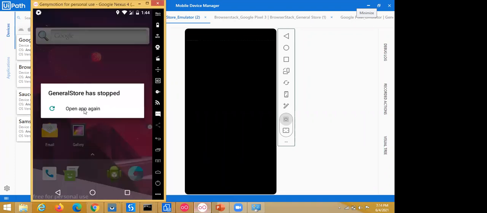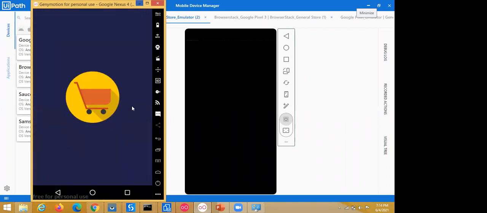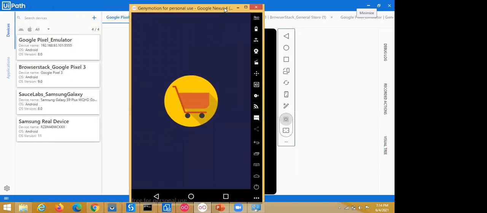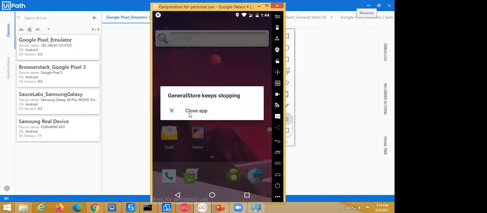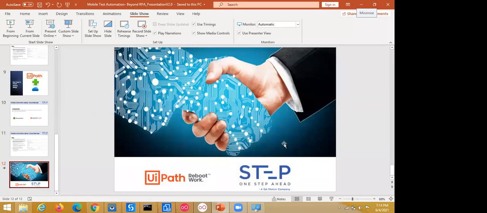Correct, which Sandeep has shown just on the real devices. Exactly. But it is available only on UiPath Studio Pro, so first you have to have UiPath Studio Pro on your machine. Second, the different mobile packages and dependencies are already there in UiPath, so you don't need to go and additionally add these dependencies.